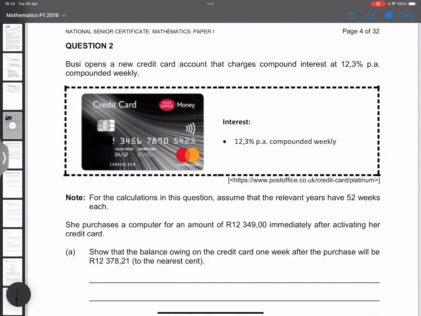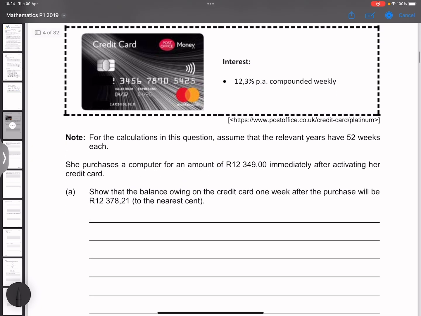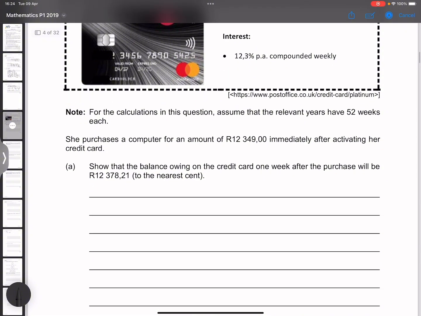Now they say to us, she purchases a computer for an amount of 12,349 immediately after activating her credit card. Now they say to us, show that the balance owing on the credit card 1 week after the purchase will be